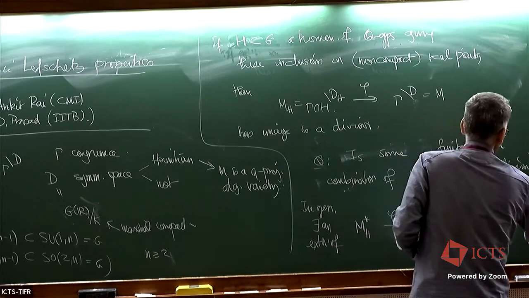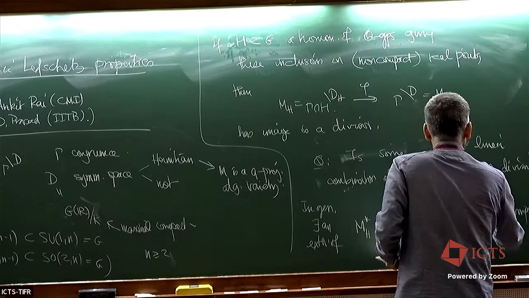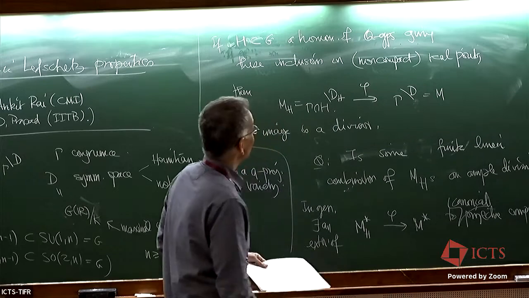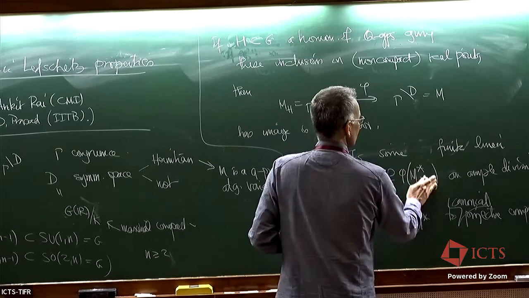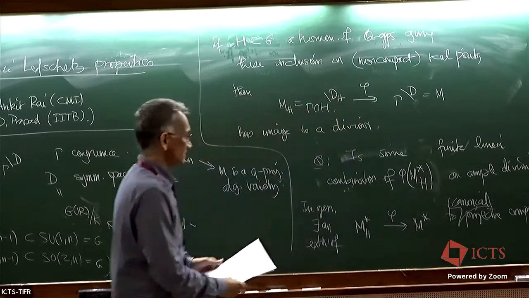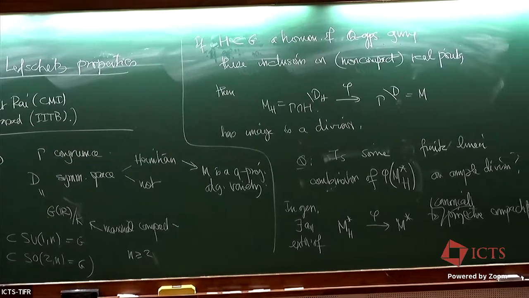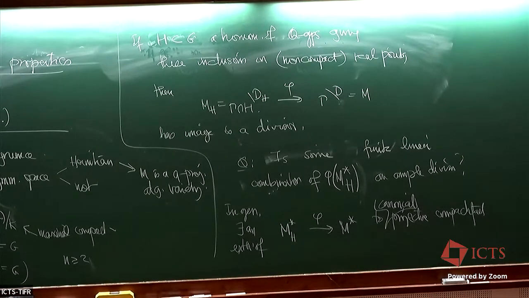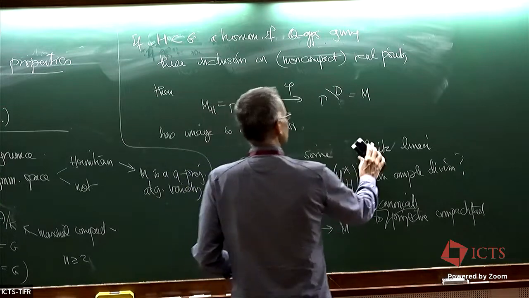So I'm talking here about the canonical projective compactifications. There are many ways to compactify, but the point is these have a canonical one. And then you can ask the same question: is some finite linear combination of the images of translates of this an ample divisor? When I want to take different Q-subgroups, I might as well just take one of them, that is H sitting inside G, and then take its conjugates under elements of G which are rational. And if you think about it a little bit, the question becomes: is some finite linear combination